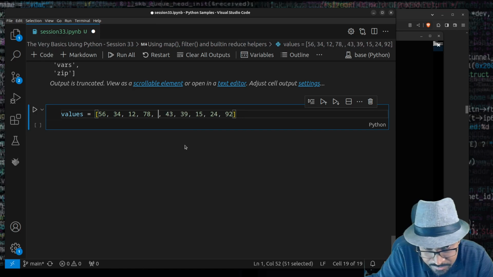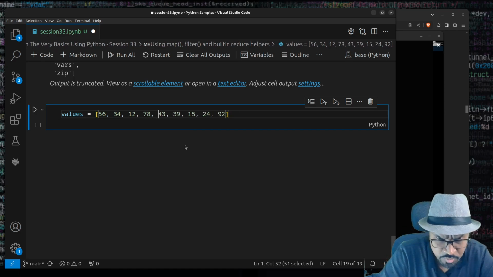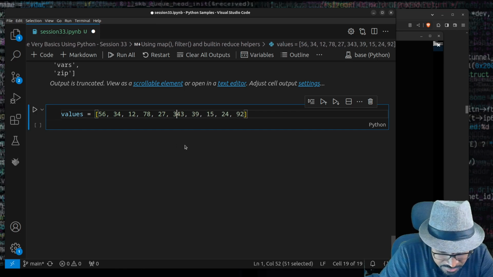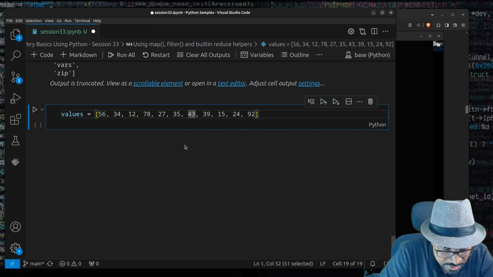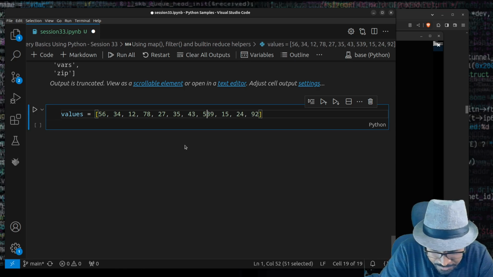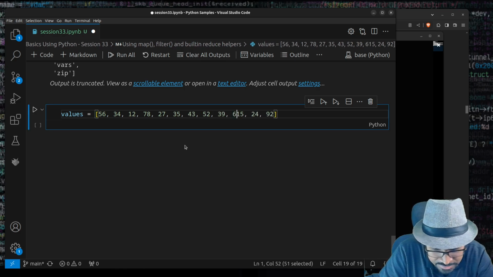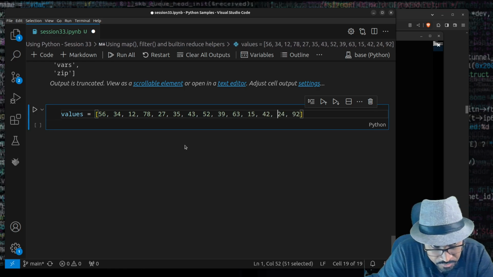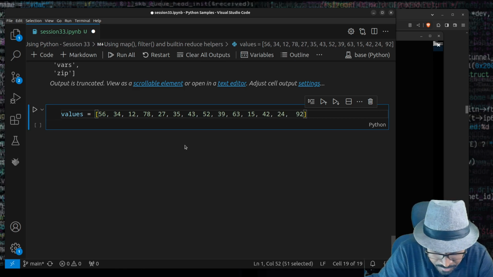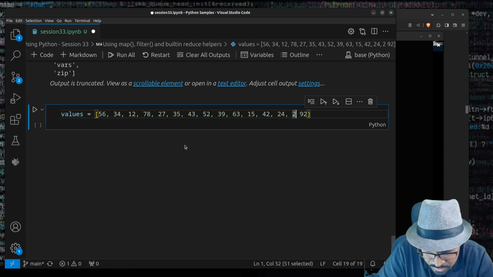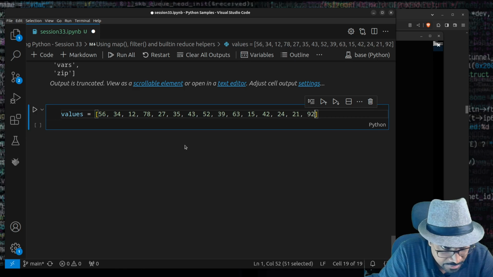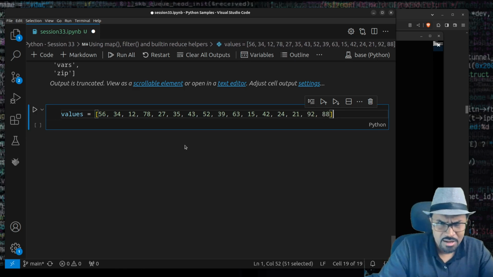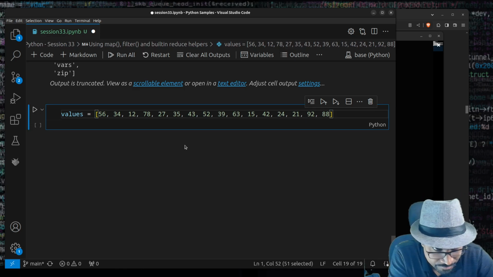Let me remove this none. Maybe add more numbers. I'll just try to add more numbers. Let's say 27, 35, and 52, then 63, and 42, then 21, 92, and 88. Try to make it a little bigger. That's it. Now,